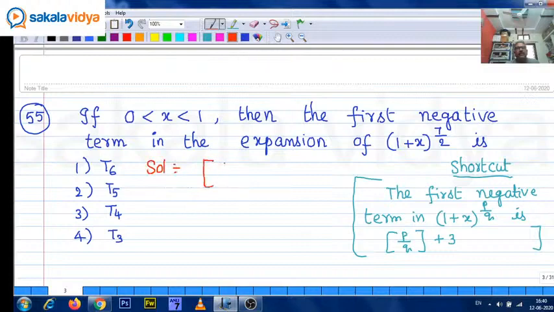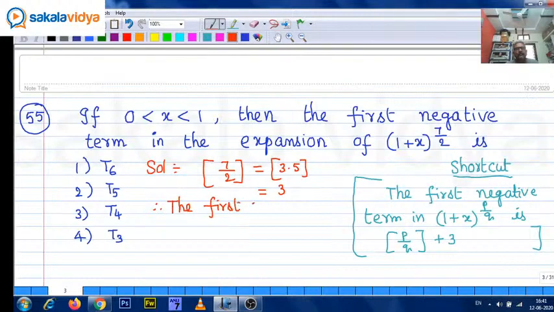First, the integral part of 7 by 2, that means the integral part of 3.5. In 3.5, the decimal point we need to neglect. So 3 plus 0.5, it will be 3. So that means now the first